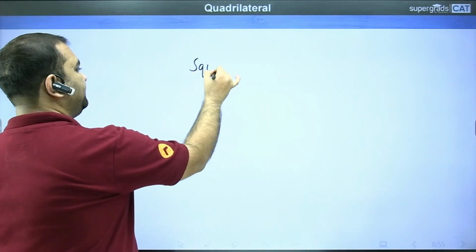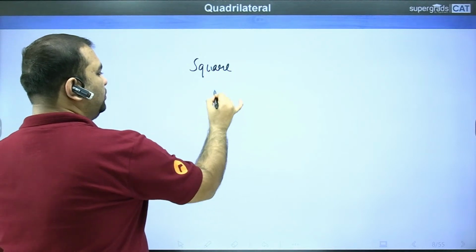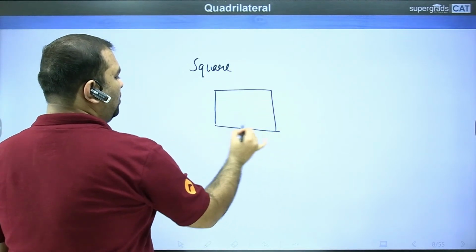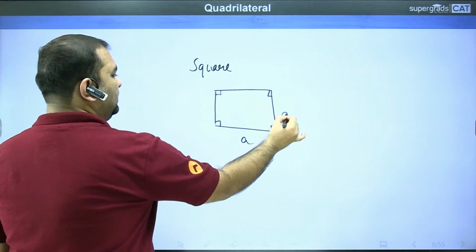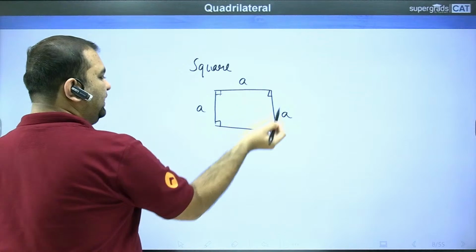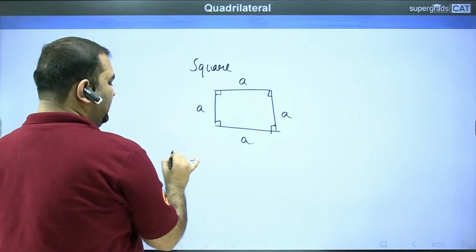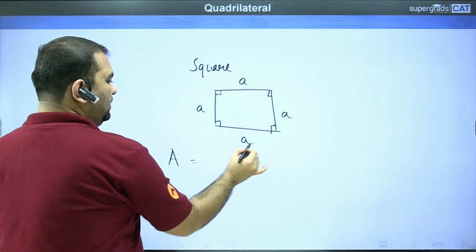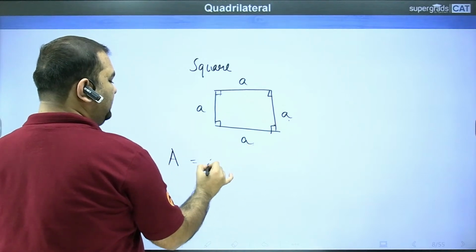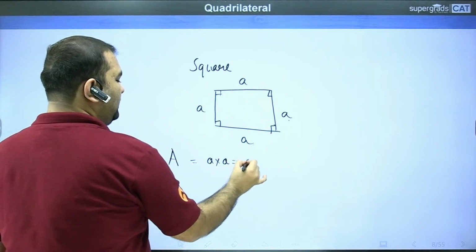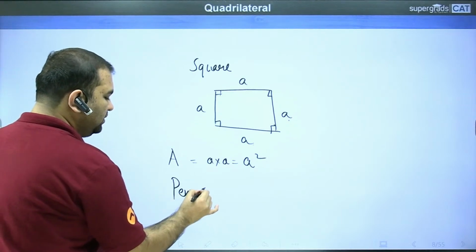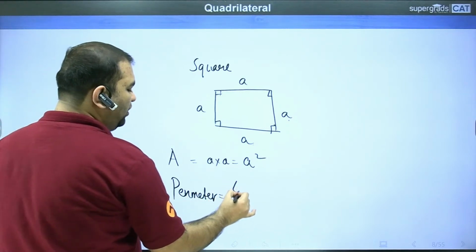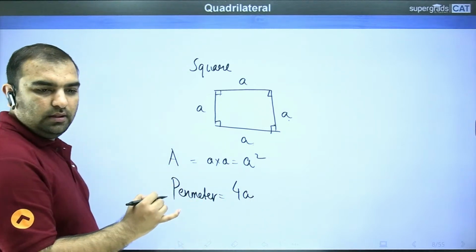Square, the most symmetric figure, all sides, all angles equal. A, A, 90 each. So area is A into A sine 90, which is A square. Perimeter, sum of all four sides, 4A. Diagonal,